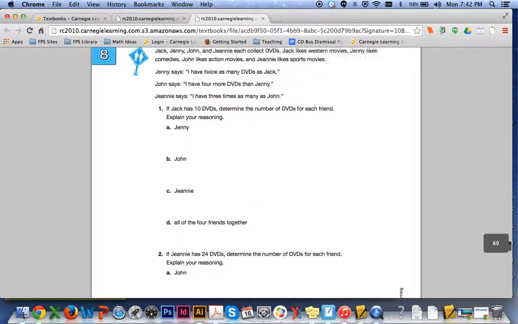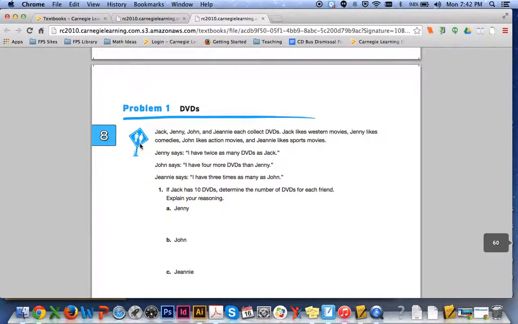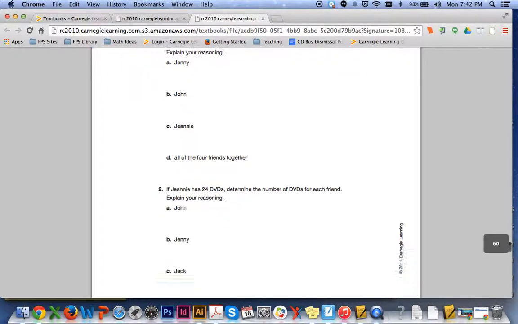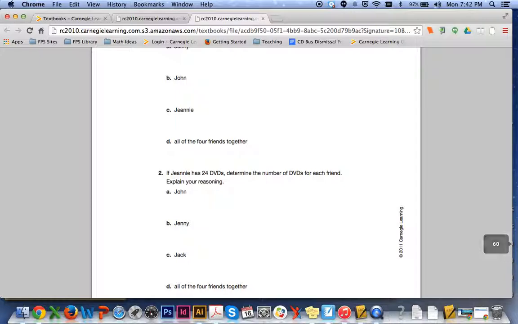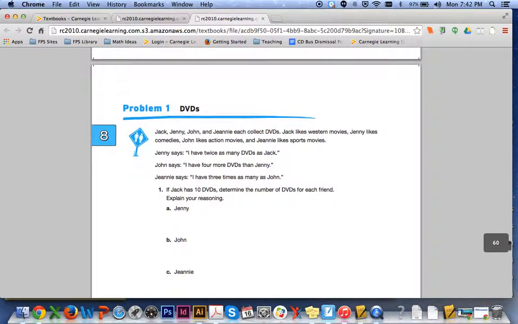I'm going to reread that part again. Janine has 3 times as many as John. So if she has 3 times as many as John and she has 24 DVDs, she would have 24 divided by 3 DVDs, which would be 8 total DVDs. So looking down here, John would have 24 divided by 3 DVDs, which would be 8 DVDs. Now Jenny,